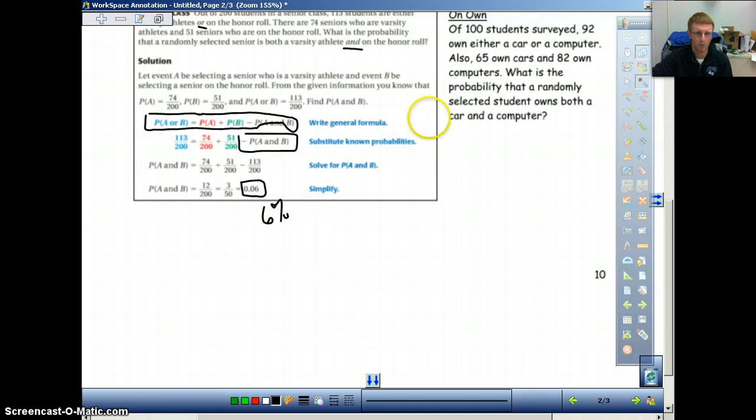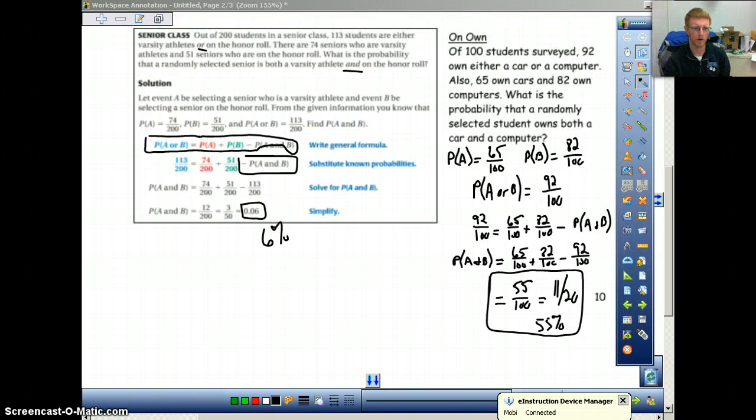Okay, so I want you to do this one on your own after looking at this one. So do this on your own, follow along with this example. It's pretty much the same idea. Okay, hit play when you're ready. All right, so